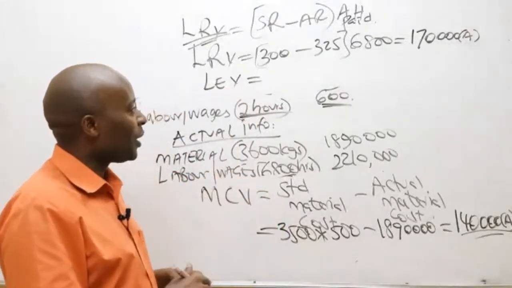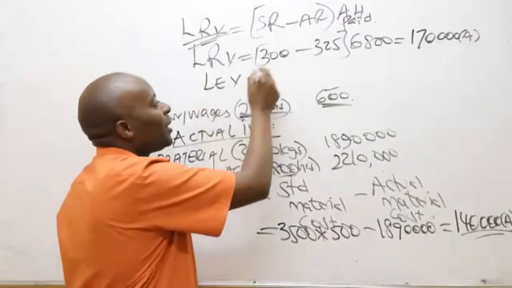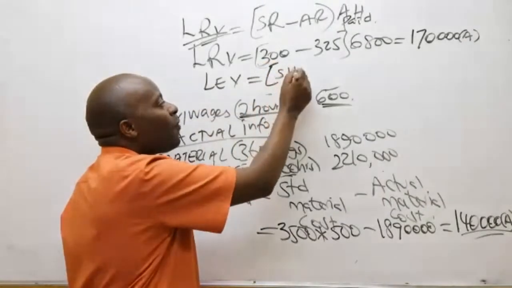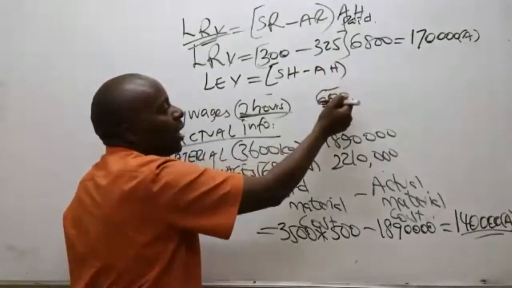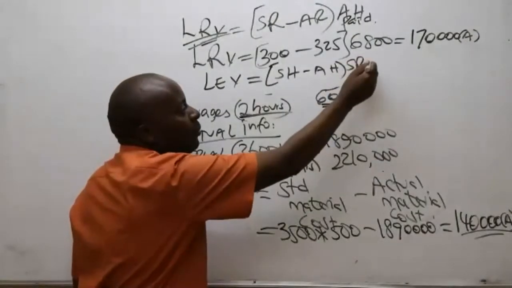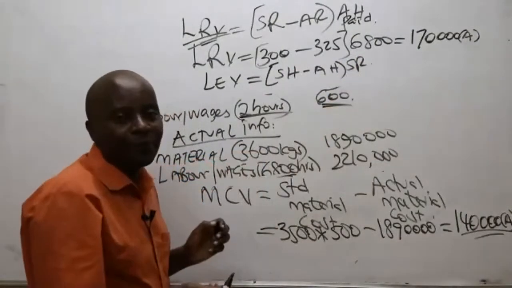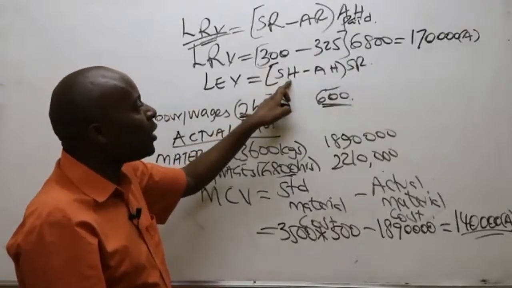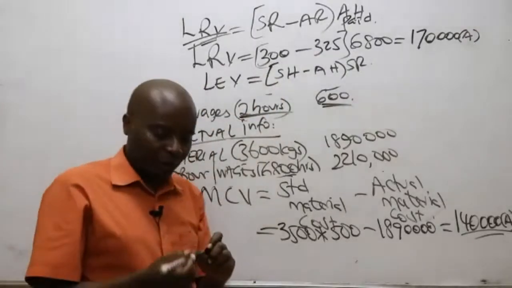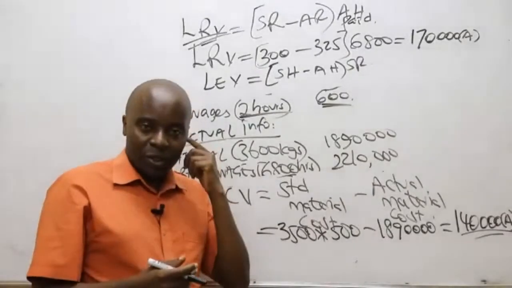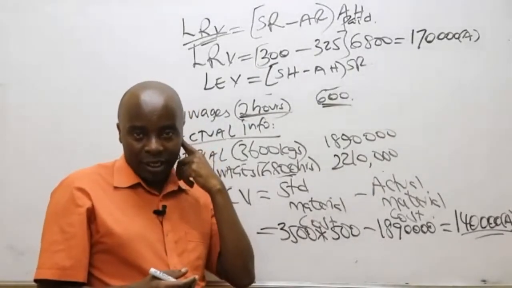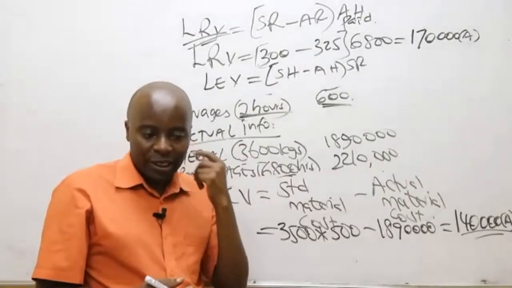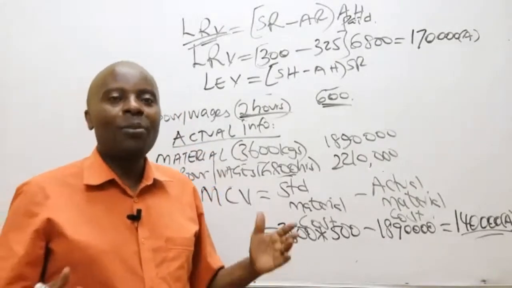They are very efficient. So anytime we talk of labor efficiency variance, remember my friend, Mr. Who? Shah. And then outside we'll put what we call SR. Don't forget that SH is standard hours for actual production. Right there, SH is standard hours for what? For actual production.